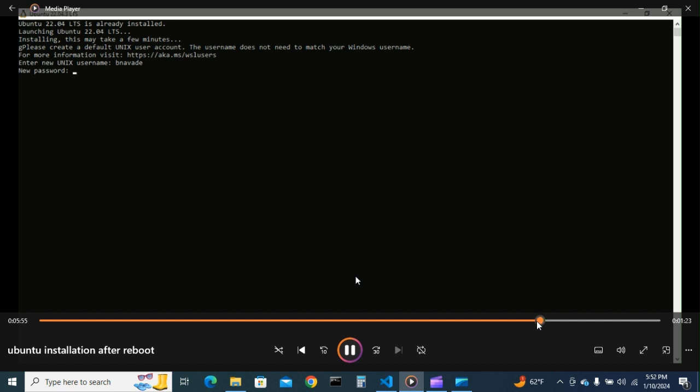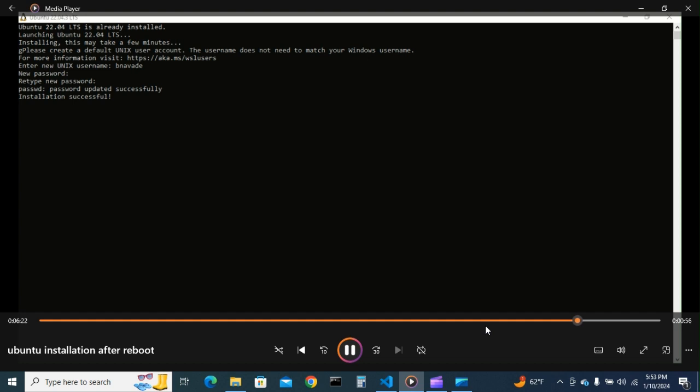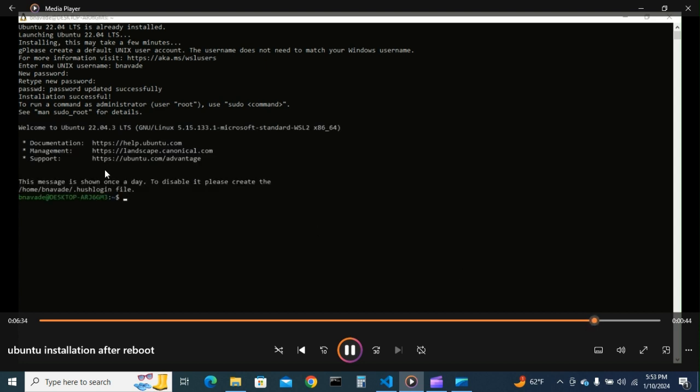After that, you have a new password screen. Then the next thing it should give us is to type the new password. Then after that, we have the installation successful. There you see. So that's it. You have now your